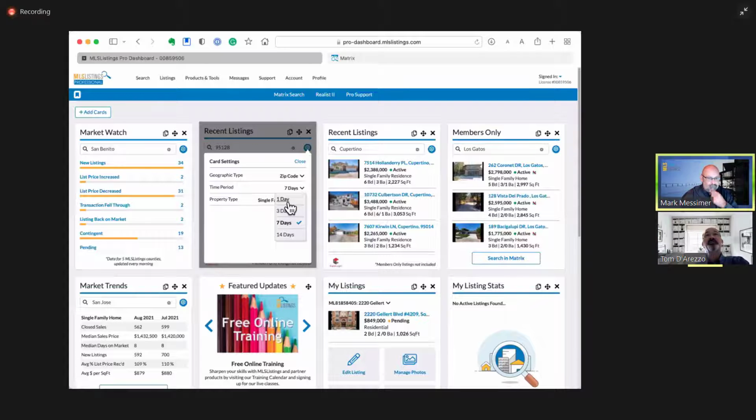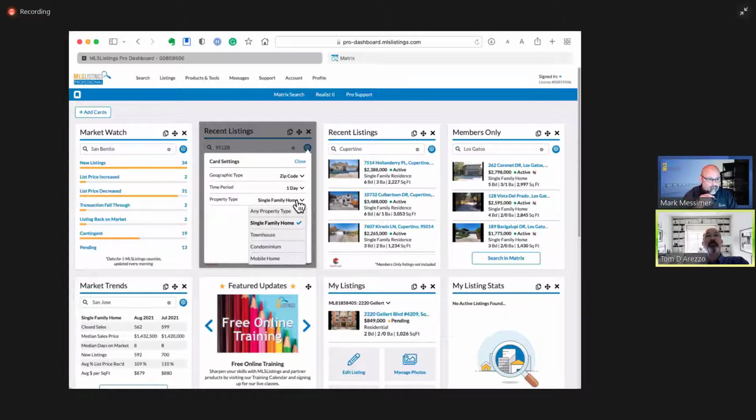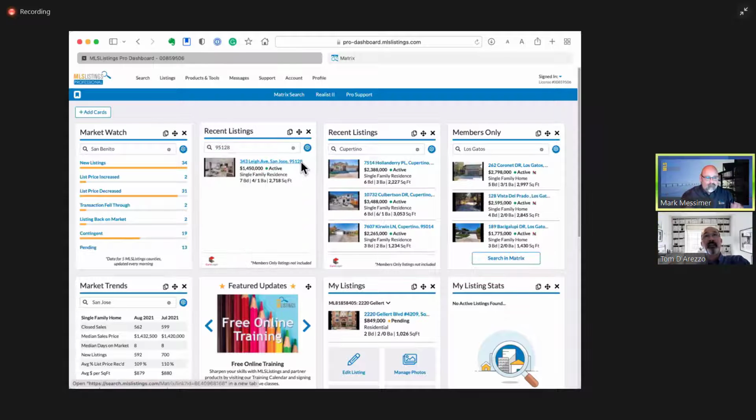I could say, just show me what's happened in the last day. So this card updates every single morning, so you're going to see what happened yesterday. And then I can also, if I'm just focusing on townhomes, condominiums, mobile homes, single family, or I can do any property type. Anything, sort of open class at that point. Yeah. That's right. And then once I close that gear icon, it automatically applies the settings, and I can see,